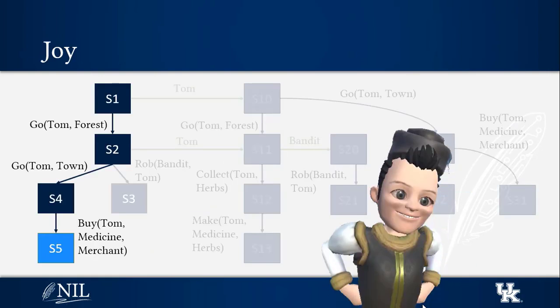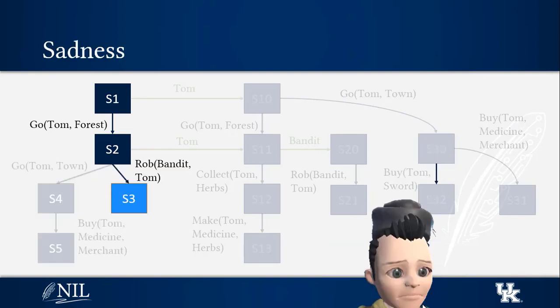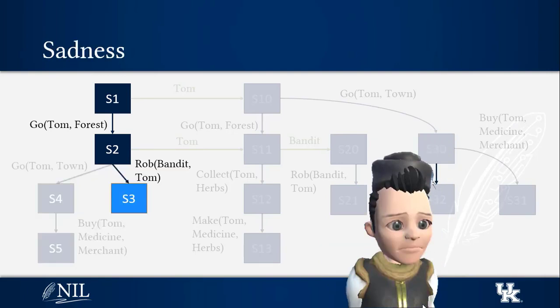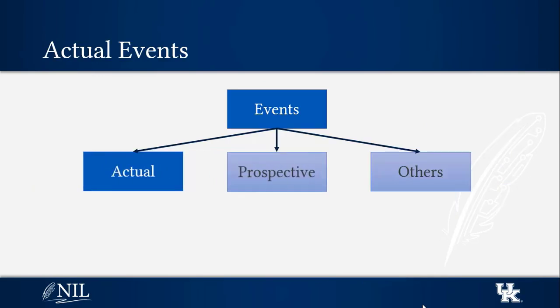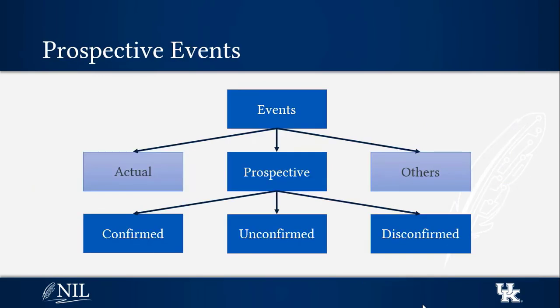For example, when Tom goes to the town and buys the medicine, he feels joy. But when he gets robbed by the bandit, he feels sadness. We could also consider the consequences of prospective events. Prospective events are called unconfirmed when they haven't happened yet, confirmed when they actually happen, or disconfirmed when they actually